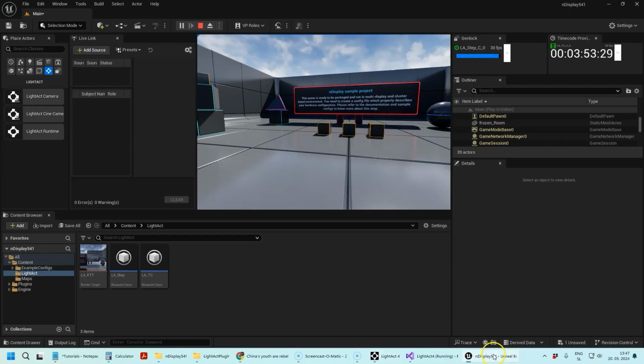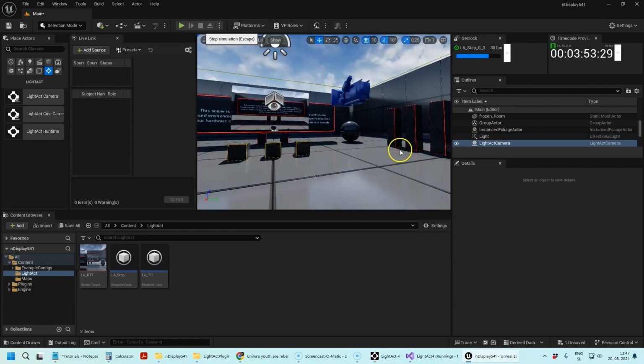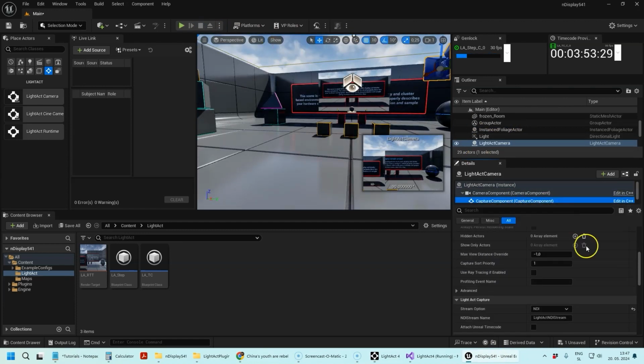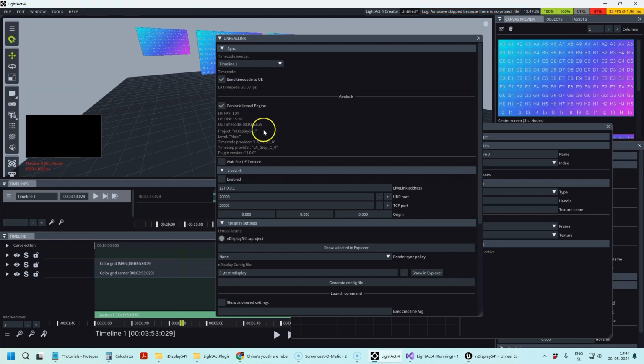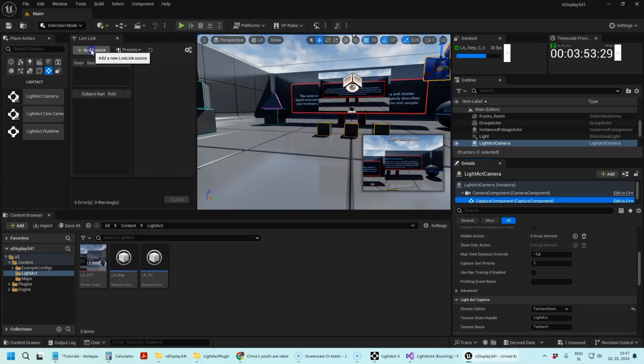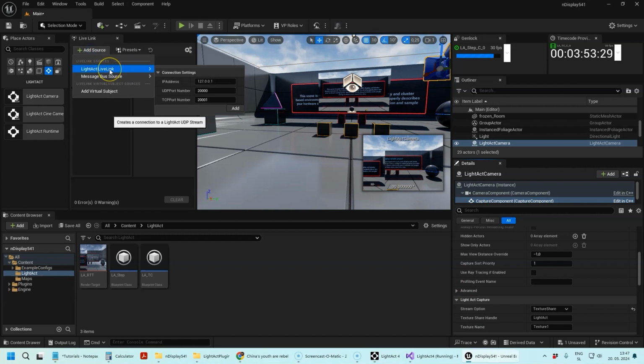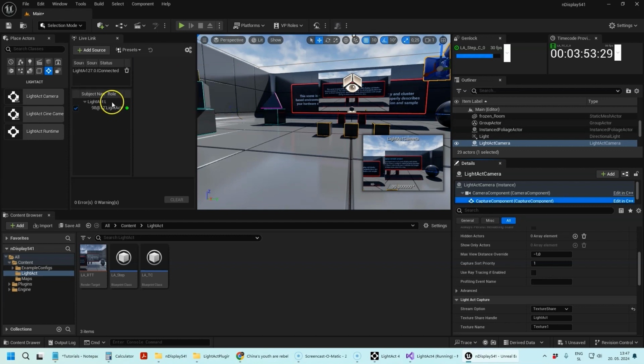So first thing I'm going to do is go back to Unreal and select the capture component and just select the texture share like so. And then I'm going to go back to LightAct, and in the Unreal Link window, I'm going to go to the LiveLink tab and click on enabled. Now once I do that, and if I click on add source, you'll see that as one of the options there is a LightAct LiveLink option. So I'm just going to add it with the default settings,